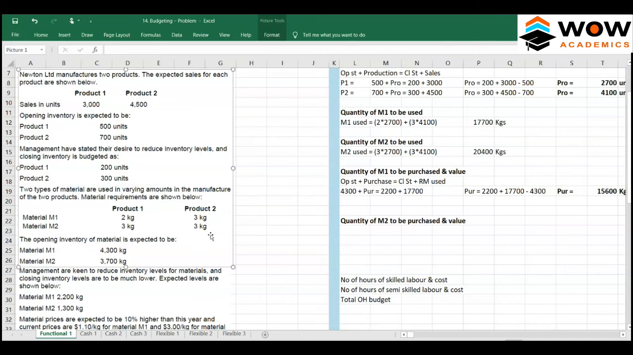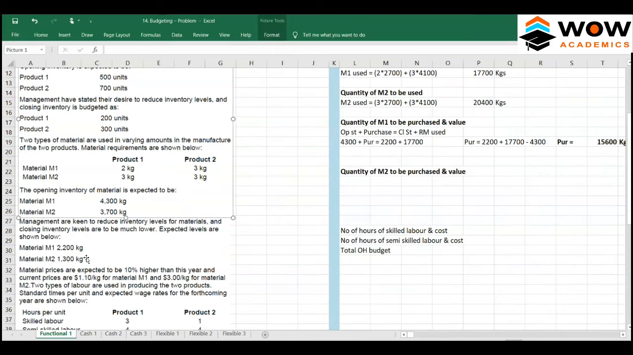So for value, we can just go a little bit below. He says materials prices are expected to be 10% higher than this year, and the current price is 1.1 per kg for material 1 and 3 per kg for material 2. So what is the value of purchase? See, value of purchase will be 15,600